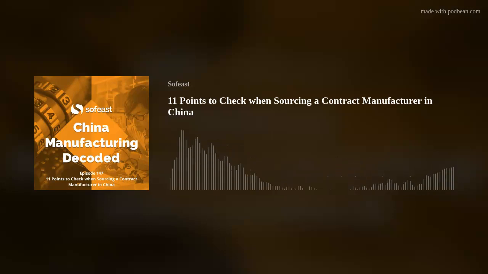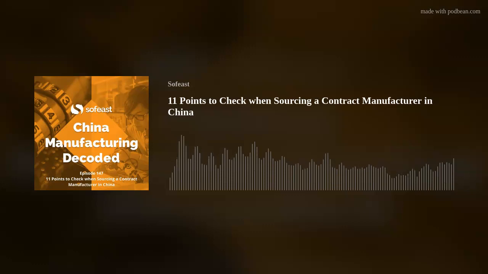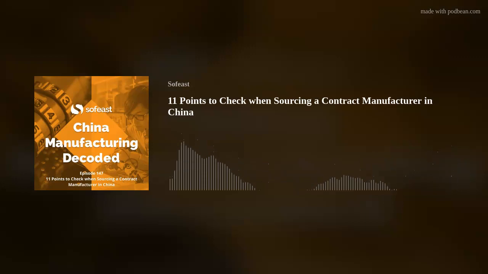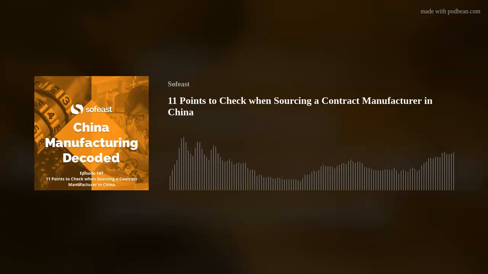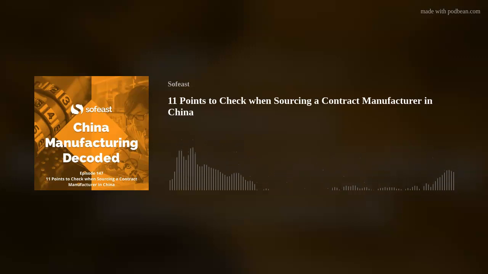Point 7 is quality control, including the testing equipment. So do they have a testing lab? What do they do in there? Is it in good conditions? Do the people really use it? And ask questions, also if you can visit, about their quality system and what kind of preventive actions they take, not just inspection, right? Don't just look at inspection. Try to see if it's a mature system.